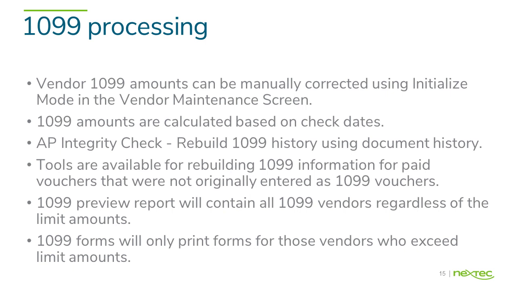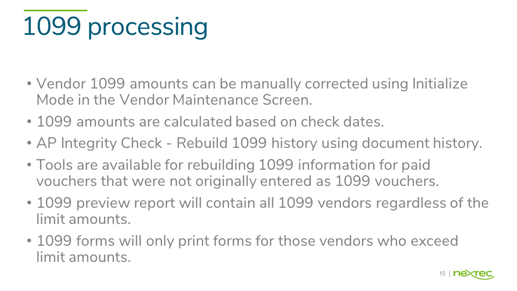If you need to, you can run the AP integrity check, which will rebuild the 1099 history using the document history. There's also some tools available for rebuilding 1099 information for paid vouchers that were not originally entered as 1099 vouchers. So if you have some of those, the best way to do that is turn on initialize mode, go into the vendor maintenance screen, pull up that 1099 vendor, and then you can type in there what the 1099